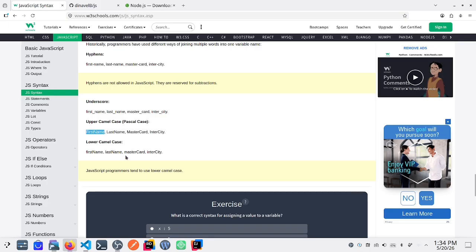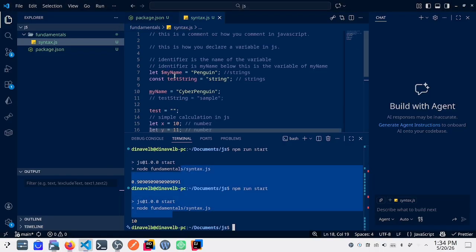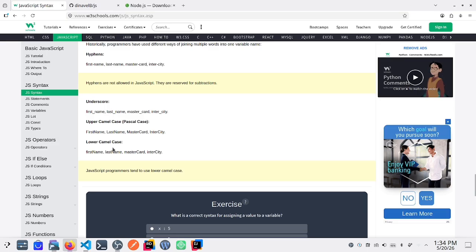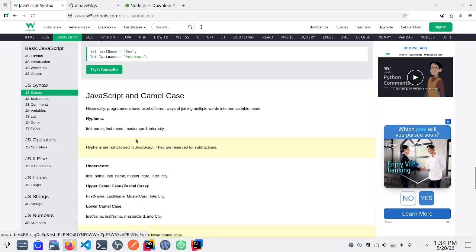And the lower camel case, I think it's called snake case if I am right, has a smaller first letter, just like we have here, and a capital letter in the next word.